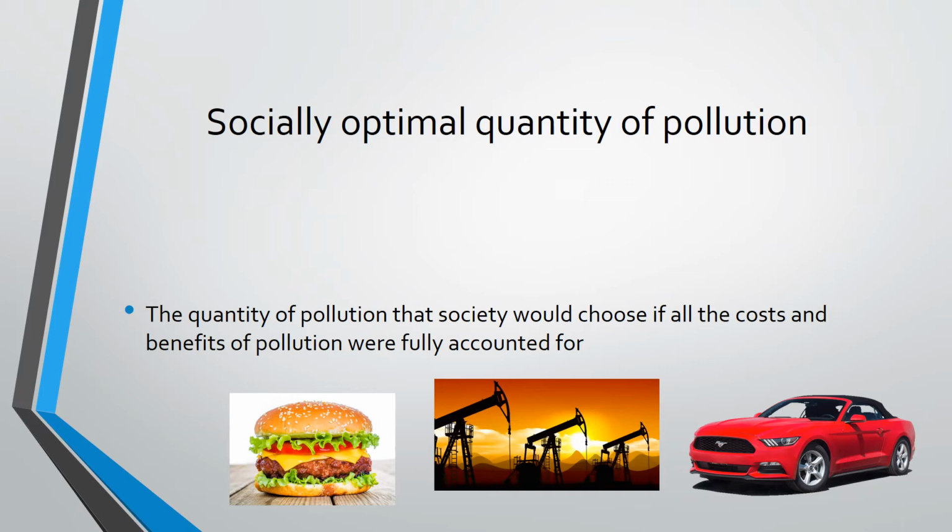But what we haven't considered is, well, are other people affected by this action or by this transaction or by this production? And so now when we're looking at social benefits and social costs, we're including the rest of society,